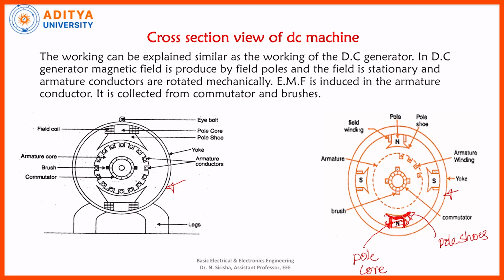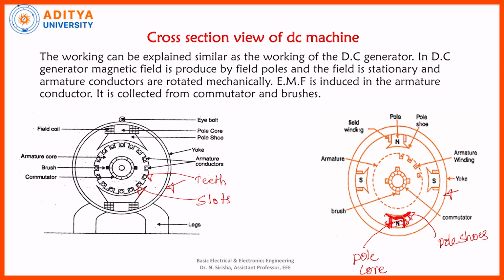So the field magnets are electromagnets and you have windings which are wound on the pole core. And the pole shoe is constructed in this way so that the whole of the magnetic flux is distributed uniformly in the DC generator. Next to the field we have the armature. The armature is constructed in the form of thin laminations with slots and teeth. See, this forms the teeth and these form the slots.